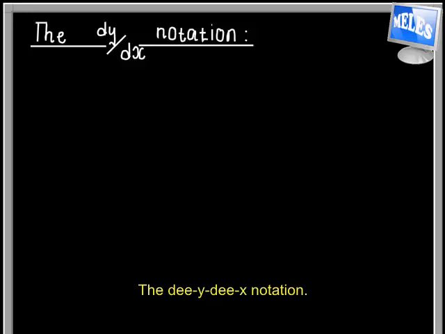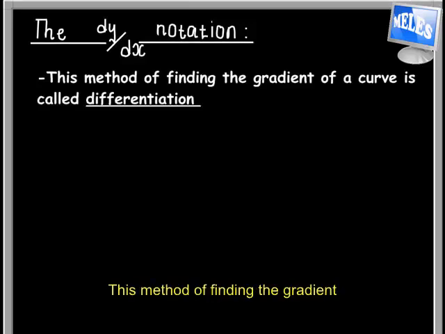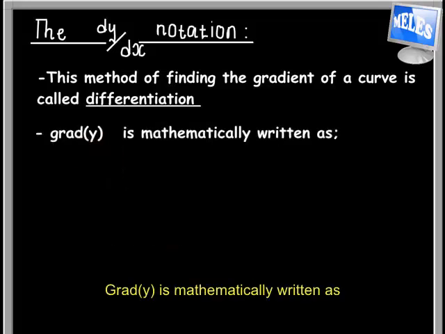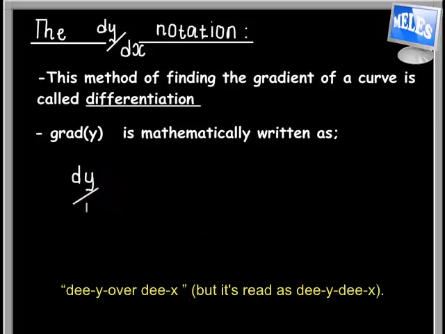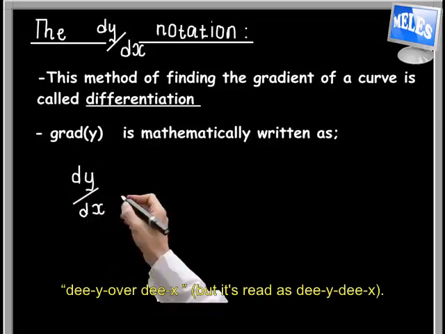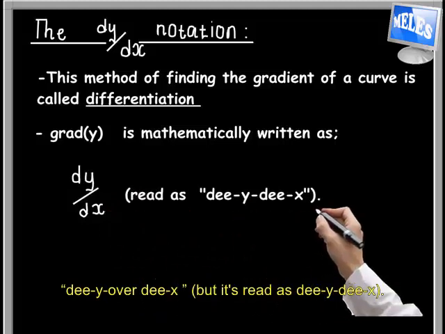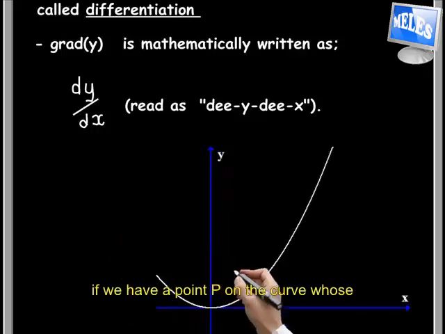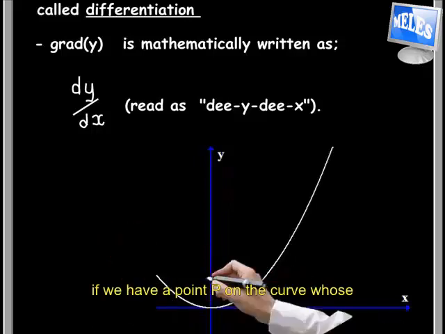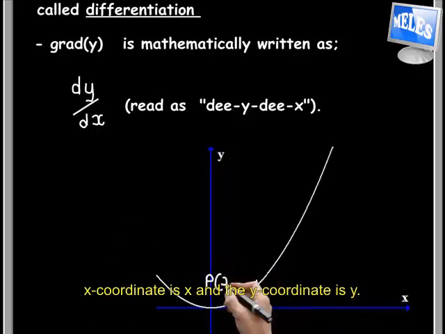the dy dx notation. This method of finding the gradient of a curve is called differentiation. Grad y is mathematically written as dy over dx, but it's read as dy dx. Consider the graph shown. You have a point P on the curve whose x coordinate is x and y coordinate